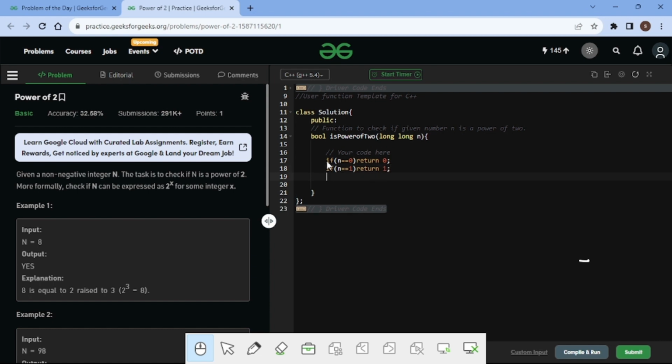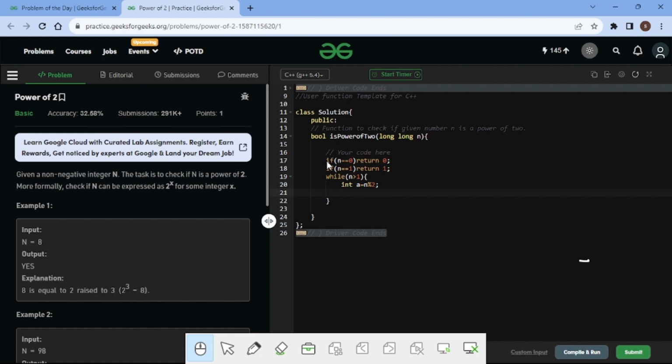Now we check while n is greater than 1. Here we declare a variable a, which stores the remainder of n modulo 2.